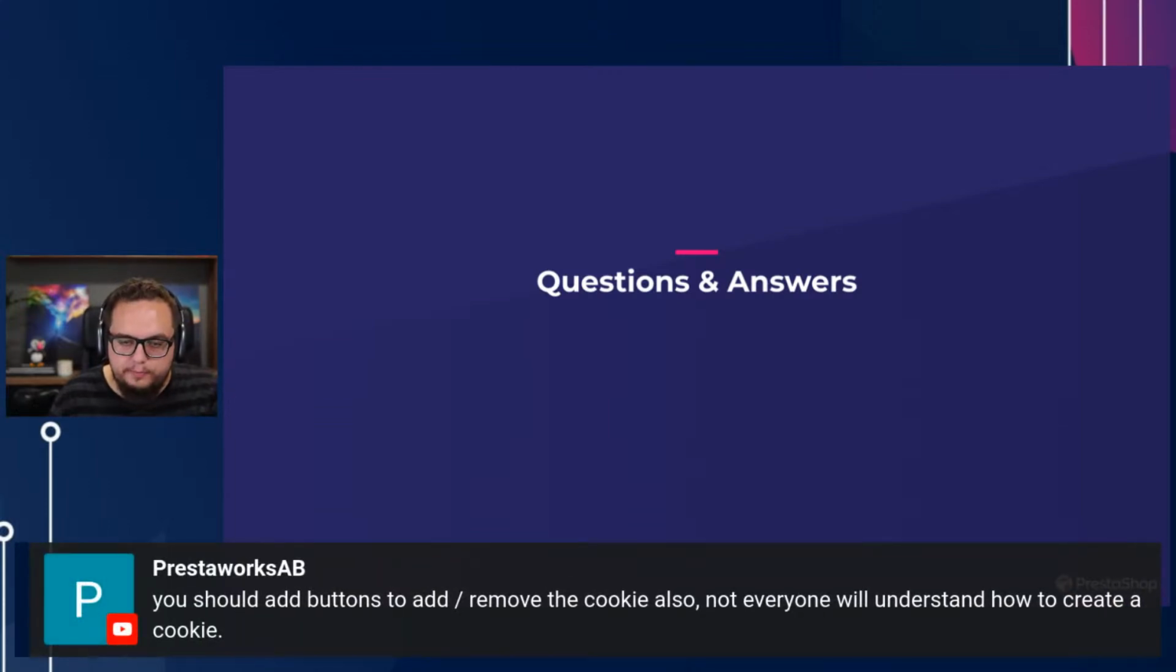Okay, so we have one comment from Daniel. You should add buttons to add and remove the cookie also. Not everyone will understand how to create a cookie. You are right. But